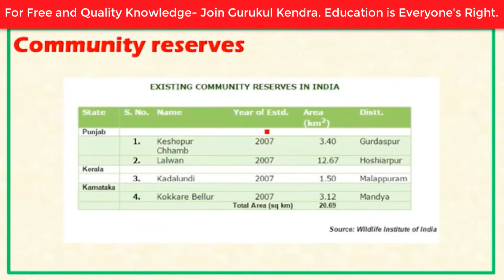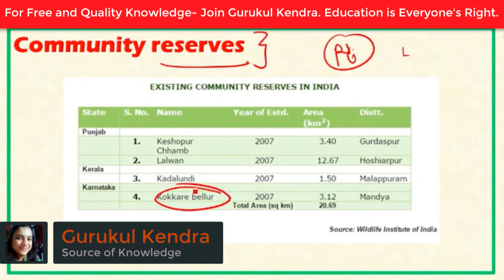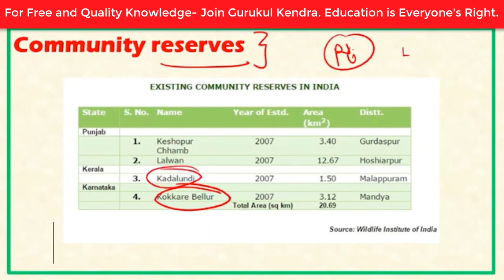And here the community reserves are similar to conservation reserves, but here some of the area within the community reserve is held by private individuals, okay, private persons along with the government. So they are called community reserves. There are only 4 community reserves in India, 2 in Punjab, one in Kerala, and one in Karnataka. In Karnataka we have Kokkare Bellur community reserve. In Kerala we have Kadalundi. In Punjab we have Keshopur Chhamb and Lalwan. So these are all the community